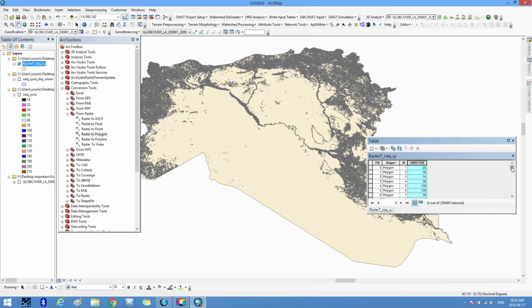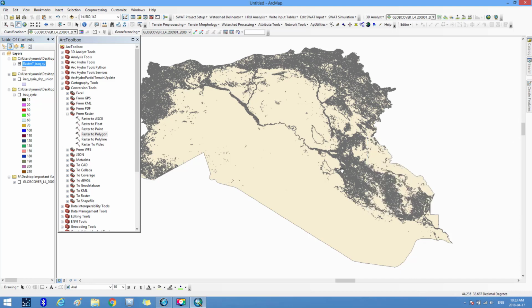Then we close the table. This is the shapefile map of land cover of Iraq and Syria with geographic latitude longitude coordinates. So we convert it to UTM coordinates, where